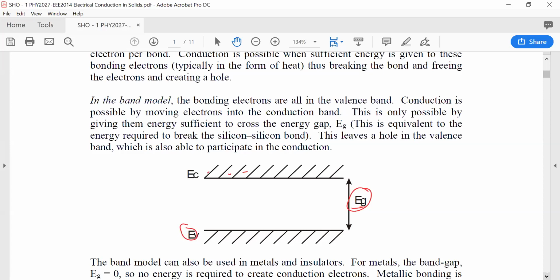In fact, in metallic bonding, the band gap, Eg, is 0. So no additional energy is required to generate conduction electrons. And this means that in metals, there's already a very high number of conduction electrons, which explains why metals conduct current so readily. Insulators are in a completely different situation. Their band gap is very, very large. And so it takes a large amount of energy to raise electrons from the valence band of the insulator into the conduction band. And so consequently, there's very few electrons in the conduction band of insulators,